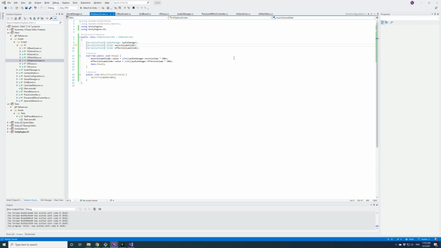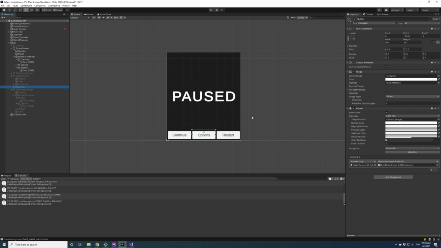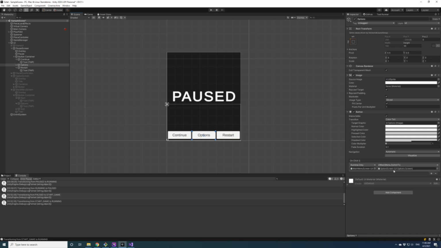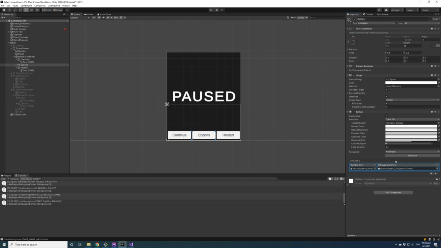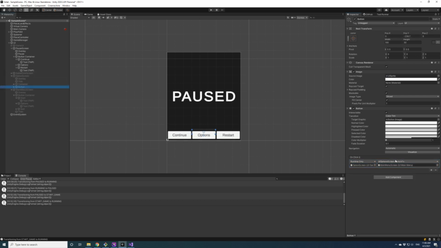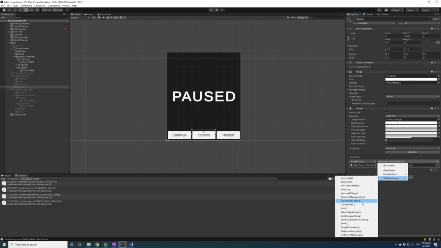Lovely. This is interesting. So our options button is no longer using switch to. Our pause screen options: make sure the source is pause screen, UE pause. Switch to the options screen. That's right. Then our options screen, the button, it's not going to use switch to anymore. It's going to go UE options screen, return to last screen.